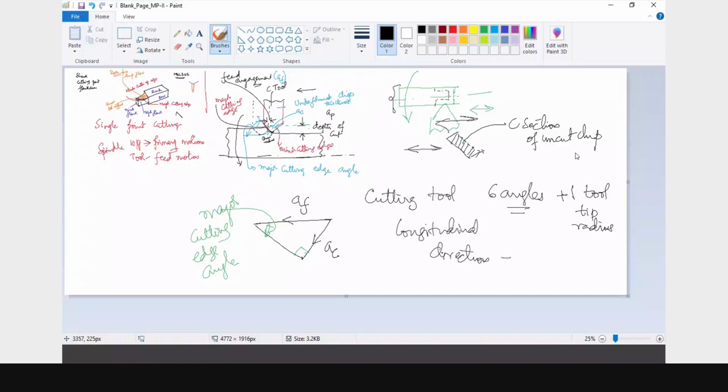So basically what you are trying to do is that the diameter is being reduced. I will draw again more clearly. If the tool is moving in the lateral, transverse direction, this makes your length reduced. Where you are reducing the diameter, that is called turning. And if you are going to reduce the length, this is called facing.